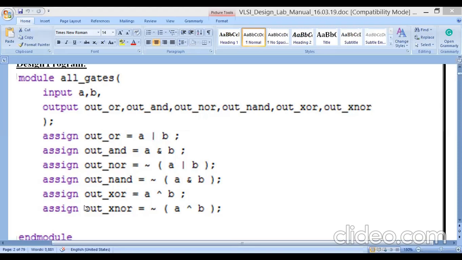Now the A and B inputs: it will take the A and B signals and do the operation A or B and assign to the signal out_R, and at the same time A and B will execute and assign to out_and.